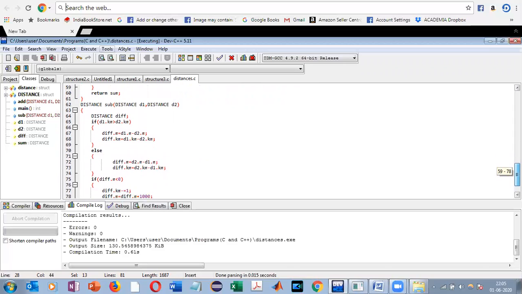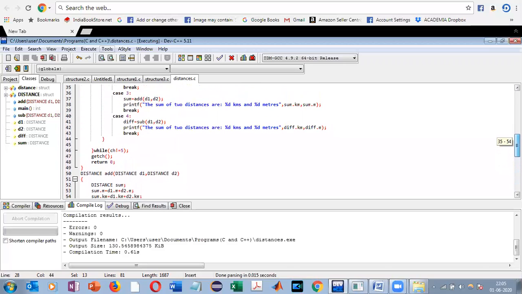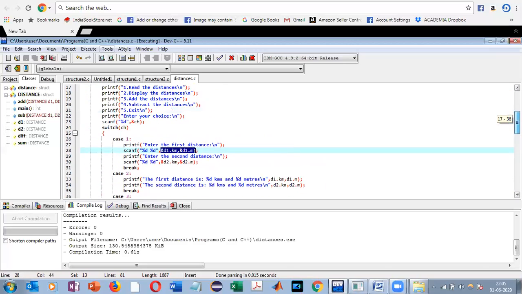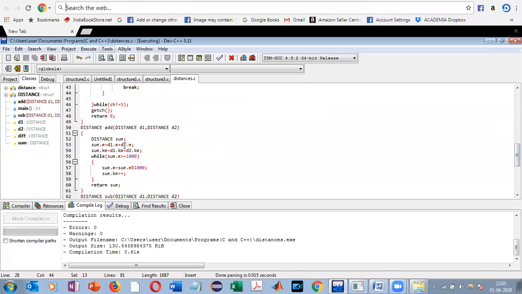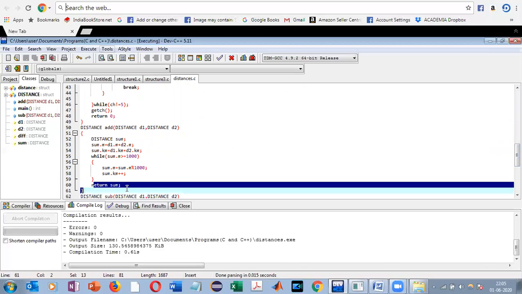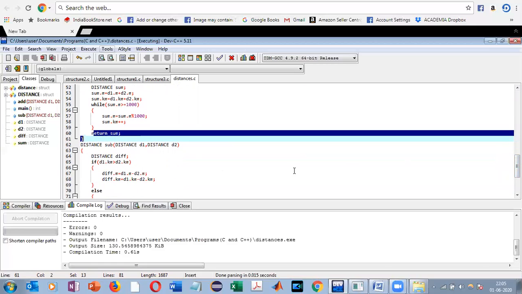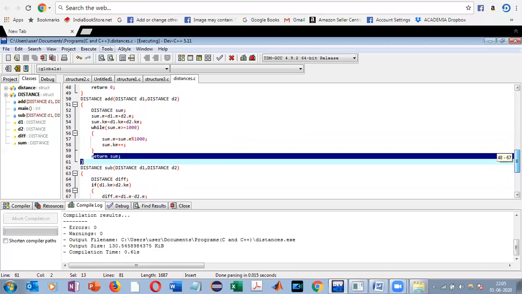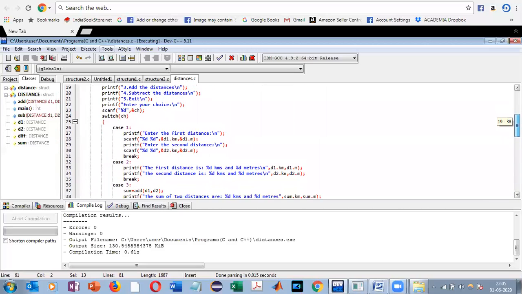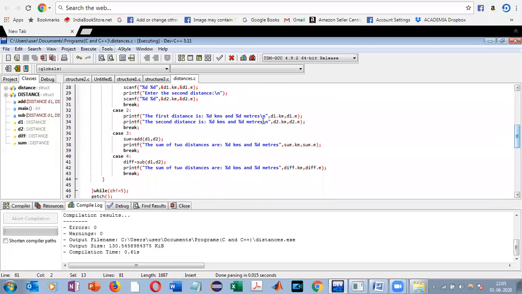What we need to take care of is in the calling function, that is main. So the return structure, here the return structure is sum, and here the return structure is difference, should be assigned to a structure variable of the same type. Let's see if we have done that here or not.